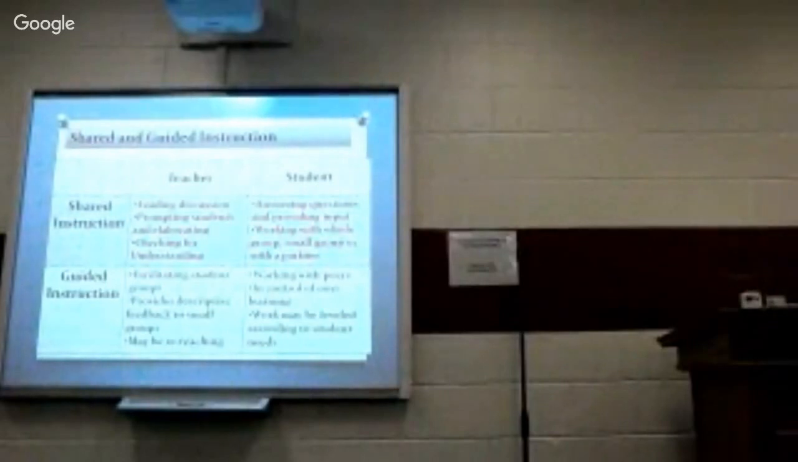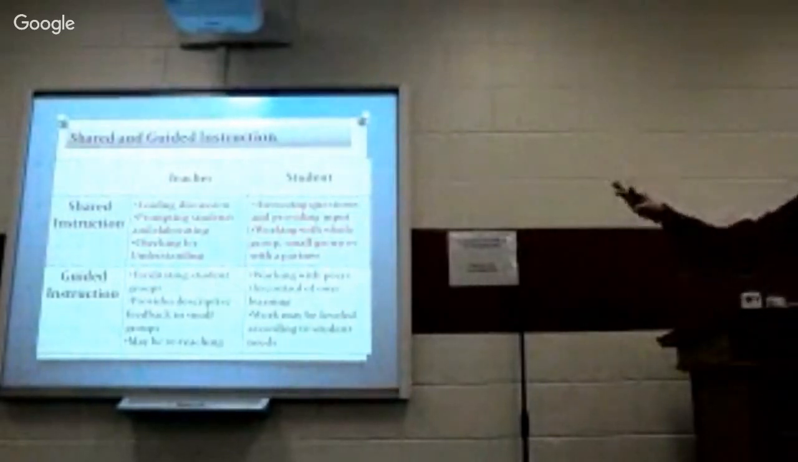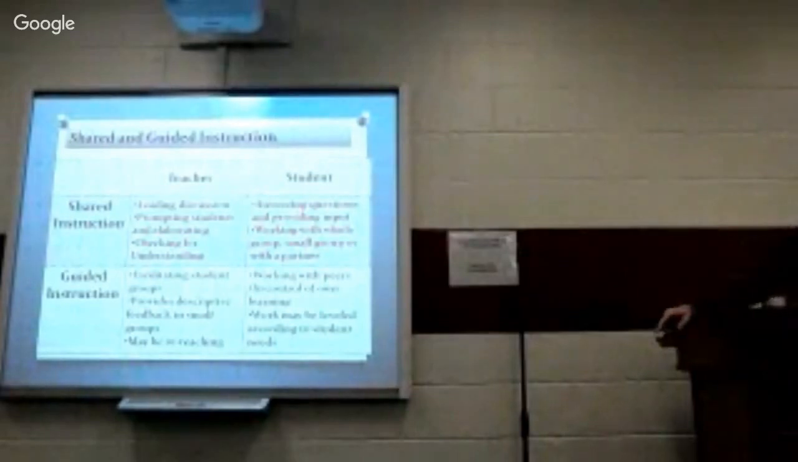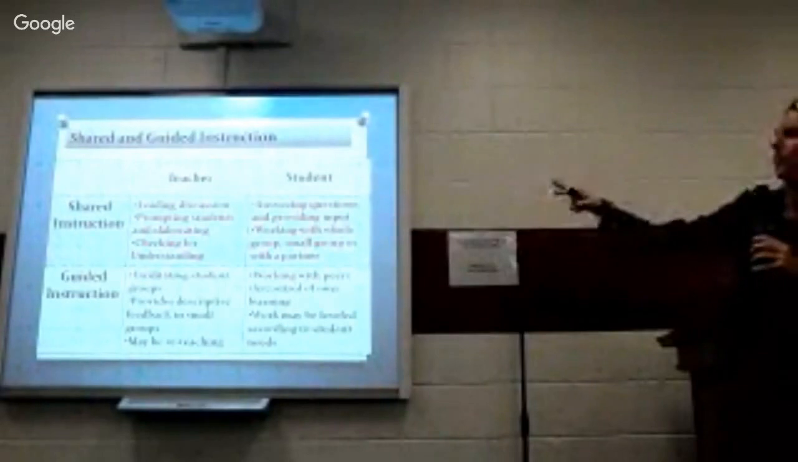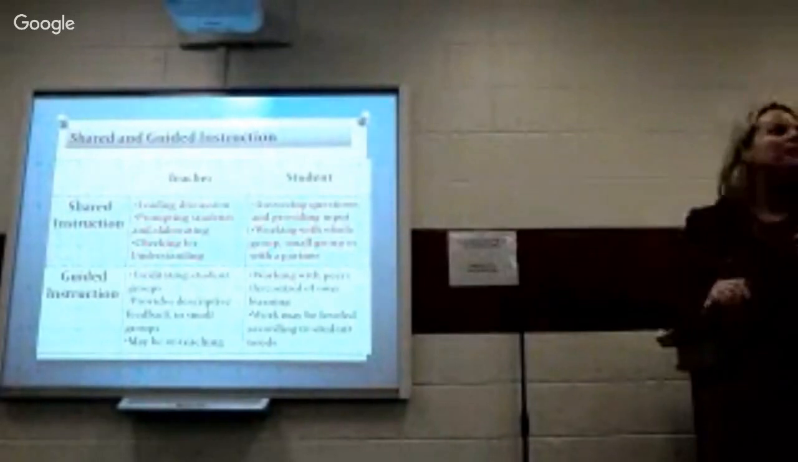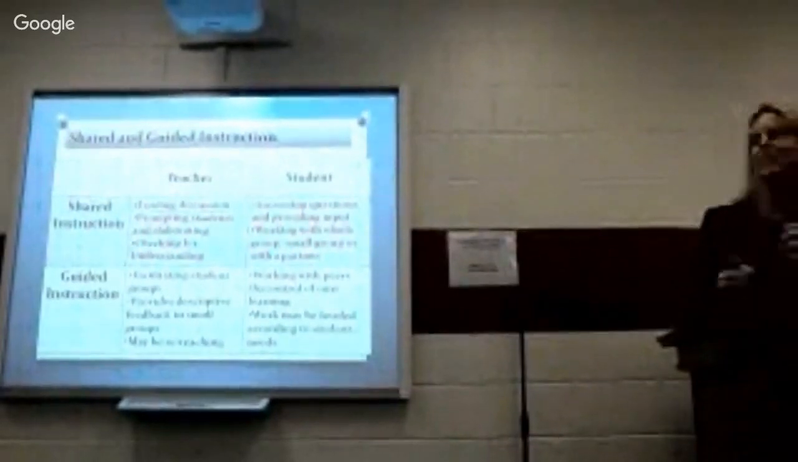at with guided reading. And so when we look at shared instruction and guided instruction, shared is really where the teacher is leading the discussion, prompting, and checking for understanding, doing little checks for understanding,